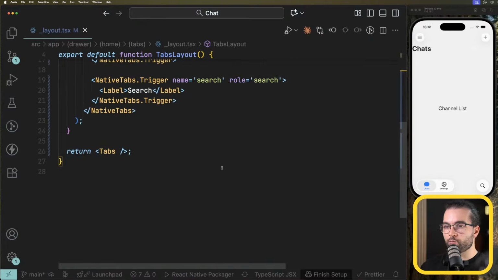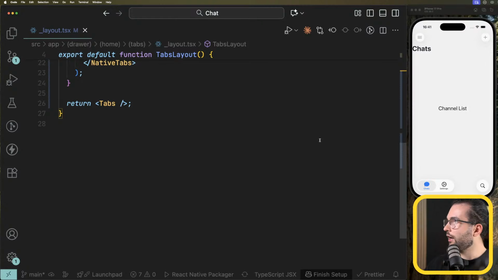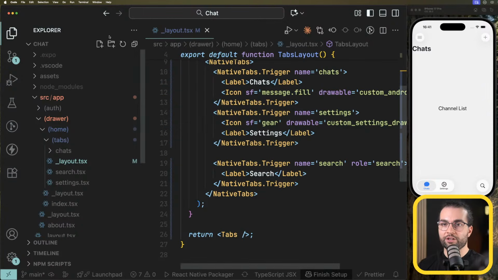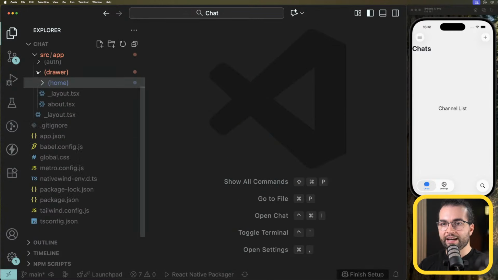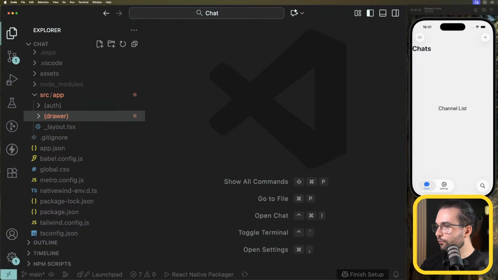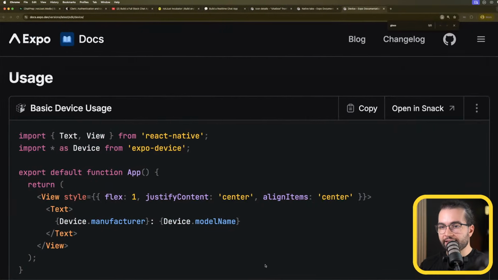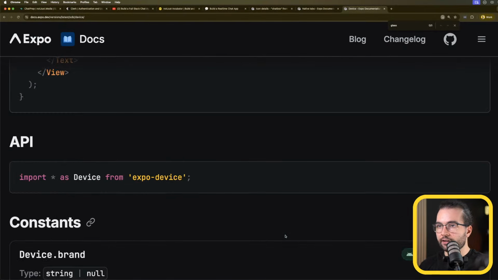I don't think I will spend more time here because we are already behind and I have so much more prepared for you. And I would really love for us to move forward. But if we have time at the end, I can show you how we can do that as well. Anyway, let's go ahead and